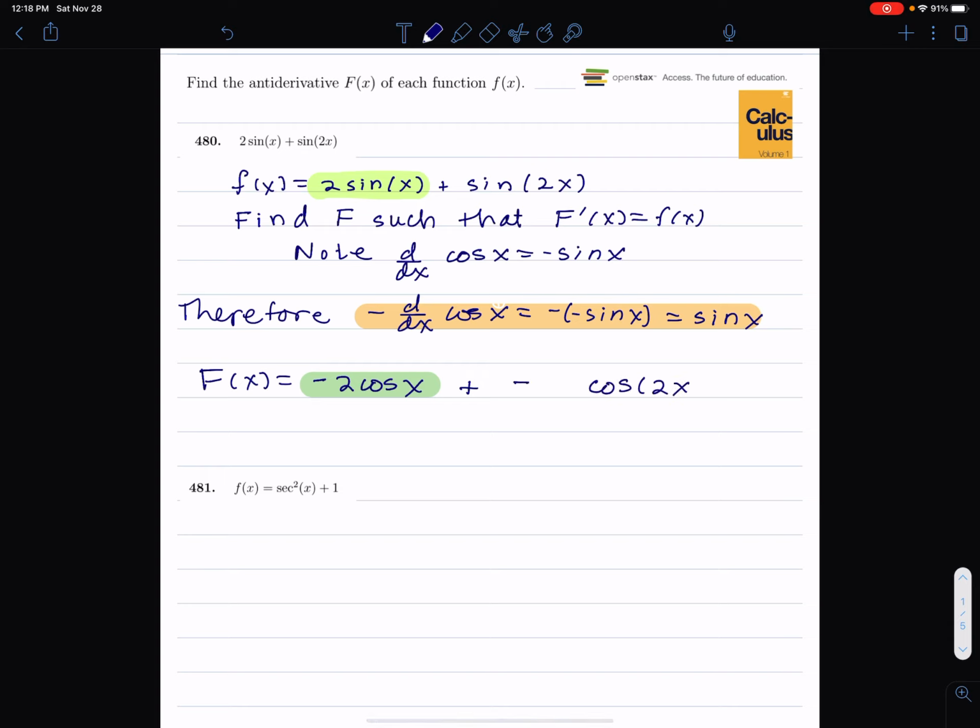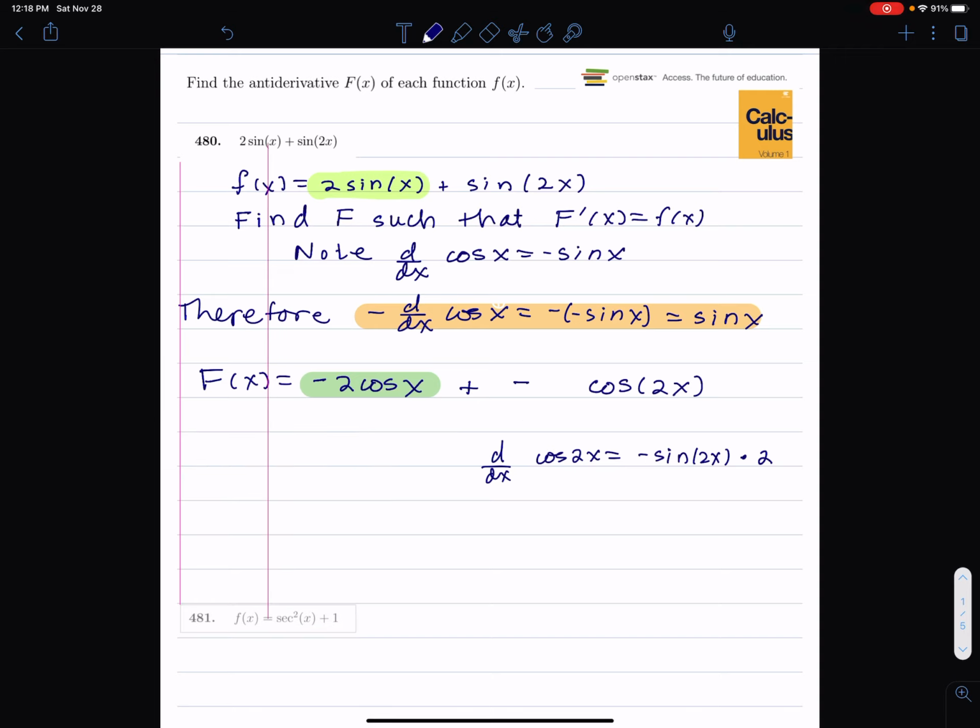But this time we're going to have to use the power rule. If I take the derivative of cosine 2x, I get negative sine 2x, but I think I said power rule. I need to use the chain rule. But now what I do is I have to multiply by 2. That's the chain rule. But that means that negative 1/2 d dx of cosine 2x is equal to sine 2x. Why? Because if I multiply both sides of what I just wrote by negative 1/2, I get that. So in fact,